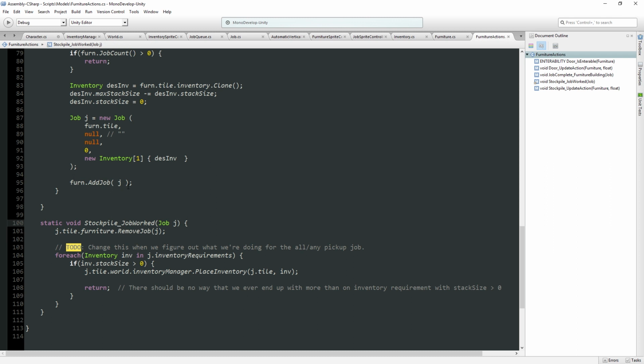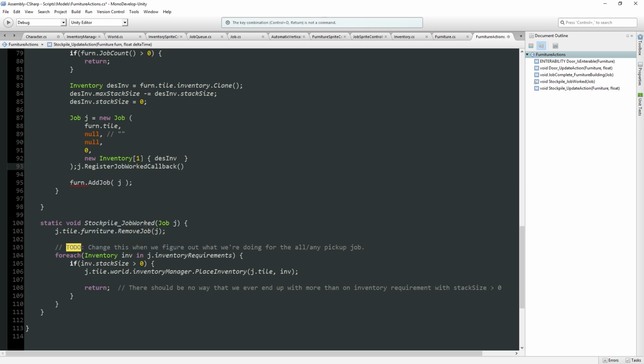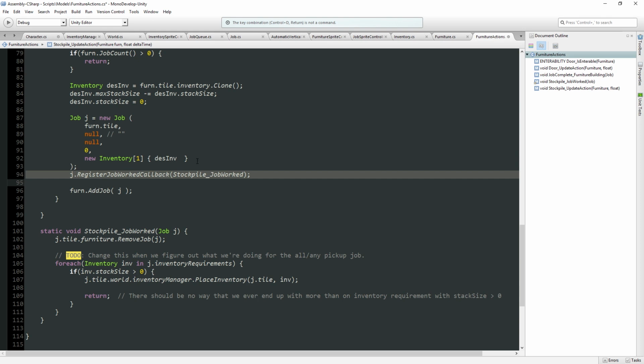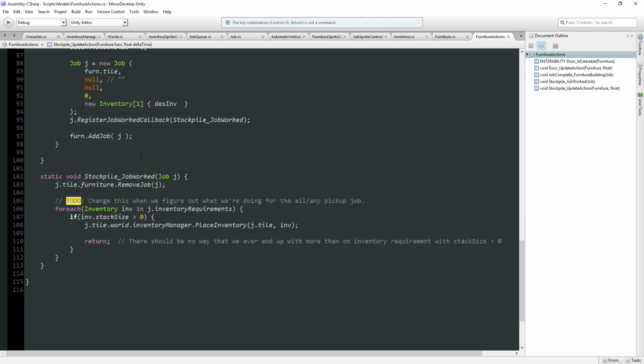And what we're going to do here, we need to make sure that j.register job worked callback is going to be this over here. Excellent. Whoops. Well, I guess that was technically syntactically correct, but it looked stupid. So we're going to do that and do that over here. Okay, so every time the job gets worked, this will get called. And what we're actually going to do is remove the jobs, purge them all, and then redo them over here, which...